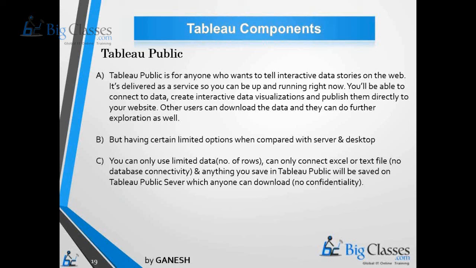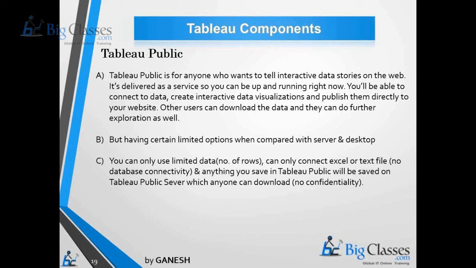Again, it has certain limitations: it cannot interact with millions and trillions of rows of data because it is a public application, mostly working on the web. And when you compare it with Tableau Desktop and Tableau Server, it has certain limitations.